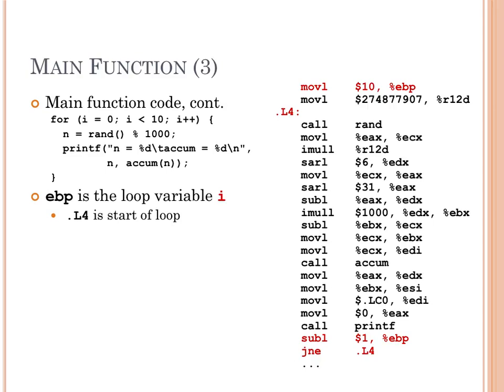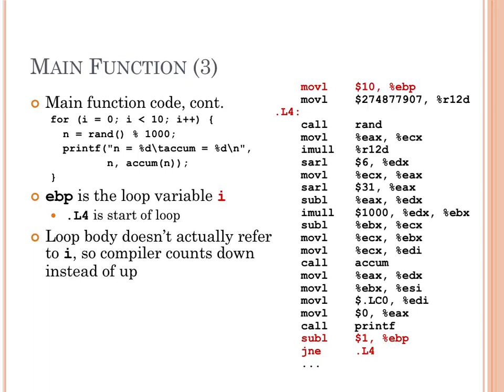You could even create a variable with 10 bits set to 1 and just shift it right each time, and when it hits 0, it could stop, right? That'd be crazy, but one could do that. Okay. So the loop body doesn't refer to I, so the compiler decides I'm going to simplify my code a